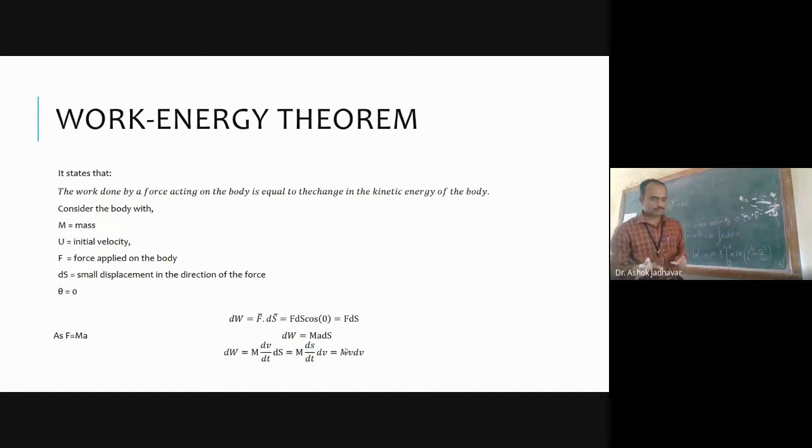कळलं का? स्टेटमेंट काय पहा, एखाद्या बॉडीवर जर वर्क डन होतोय because of some applied force, then that work done is equal to the change in the kinetic energy of the body. म्हणजे समजा तुमचा काहीतरी इनिशियल व्हेलॉसिटी u आहे, फायनल व्हेलॉसिटी v आहे, आणि ही जी इनिशियल आणि फायनल आहे हे कधी येतंय, जेव्हा तुम्ही अप्लाइड सम फोर्स ऑन इट. So during that time I can determine work done as change in the kinetic energy of the body from initial state to the final state.